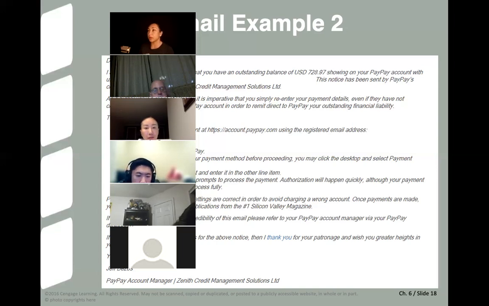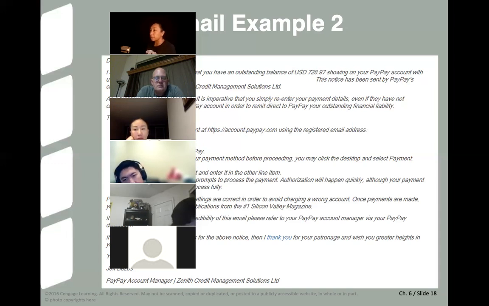It's broken down as previously mentioned, how it should be broken down: the opening with a direct statement of what the issue is, or what the subject is overall, and then broken down with steps to do, and then finally what needs to happen.